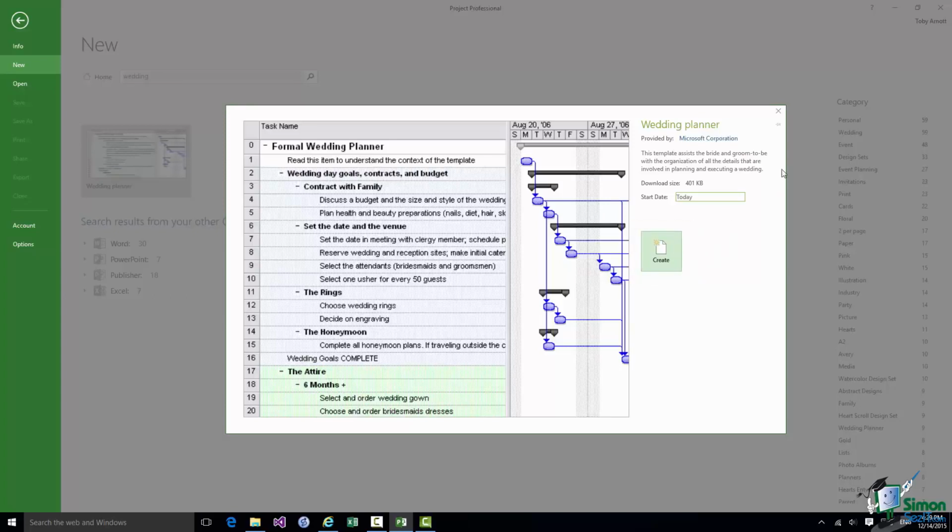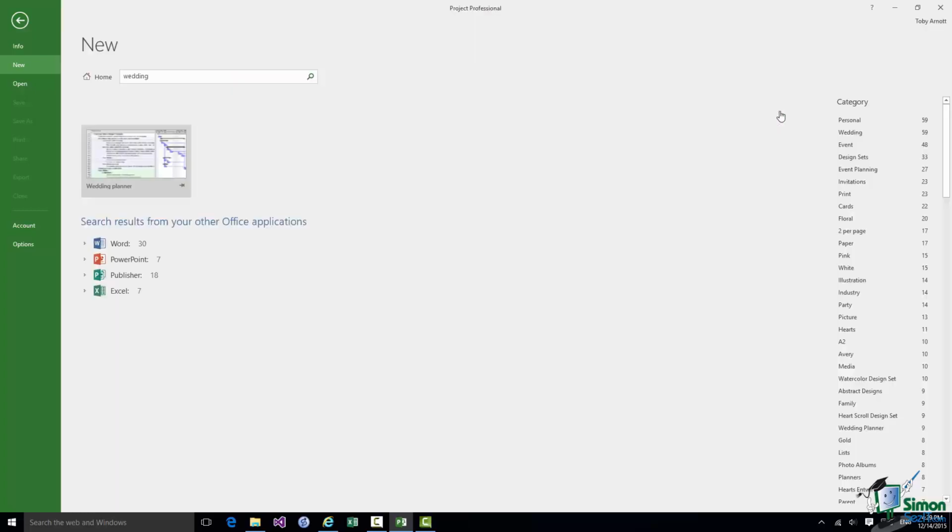But let me just close that for the moment and go back to this screen, because apart from giving me potential project templates for a wedding, there are search results from other Office applications. So it shows me potentially other useful artifacts related to other Office applications. Let's look at PowerPoint, for instance.